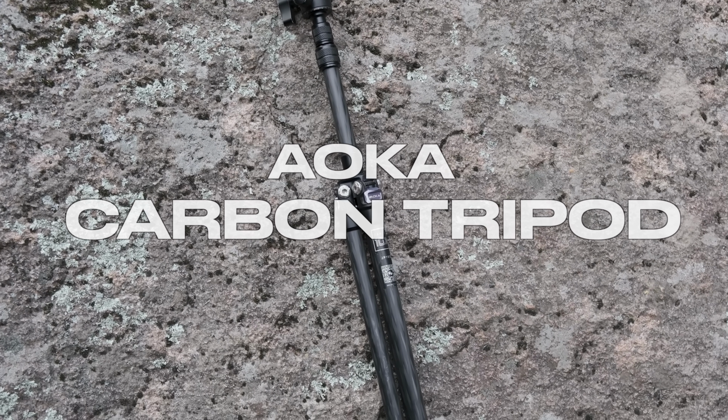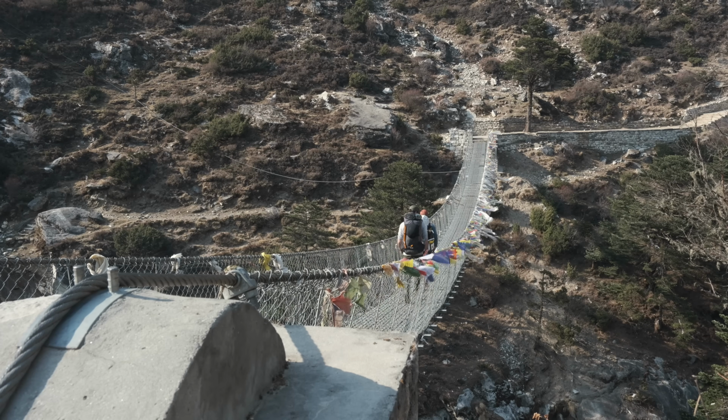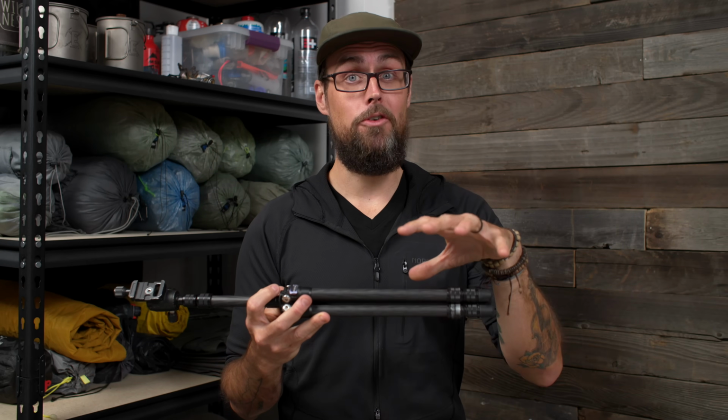This thing is awesome. For years, I carried all those small little compact tripods. What was it? The Pedco UltraPod 2, which are great, they work fine, but I always wished that I could get my shots up higher. So when I do a walk-by shot, I could get a little more in frame. When I'm doing a talking head shot, I could just have it up higher and I wouldn't have to find a rock or something. So having something that is more of a full-size tripod has been essential for me,